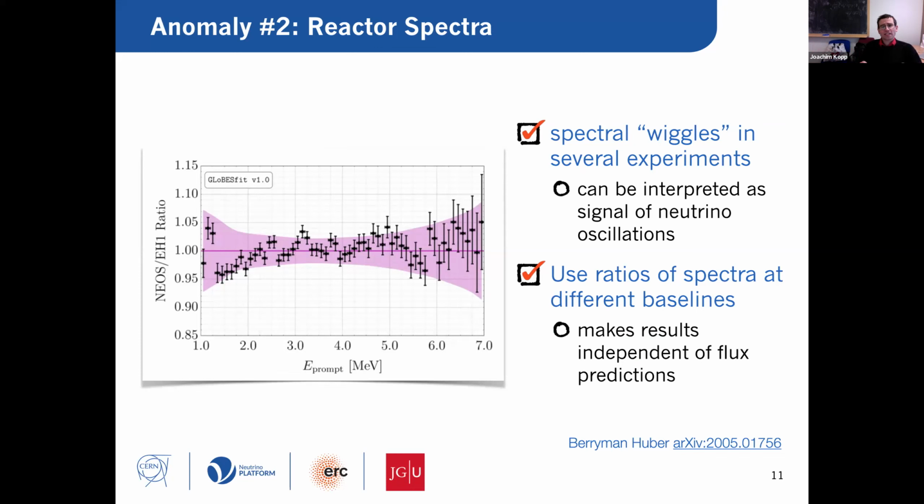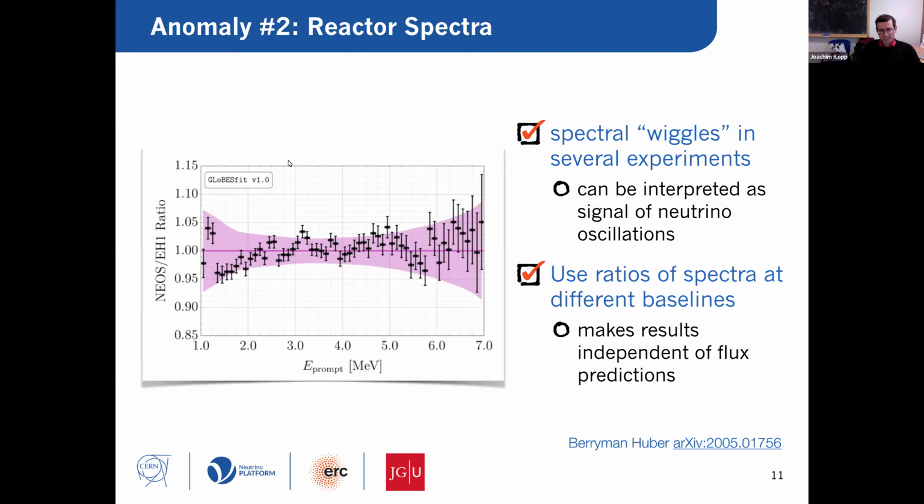But if there is something like neutrino oscillations, then you would still see it. In particular, you would see it as a wiggly signature on the spectrum. Here is a result that is based on data from the NEOS experiment. And you can indeed see, yeah, there is something that can be interpreted as wiggles. And so if you wish, you can use these wiggles and see if they are consistent with an interpretation in